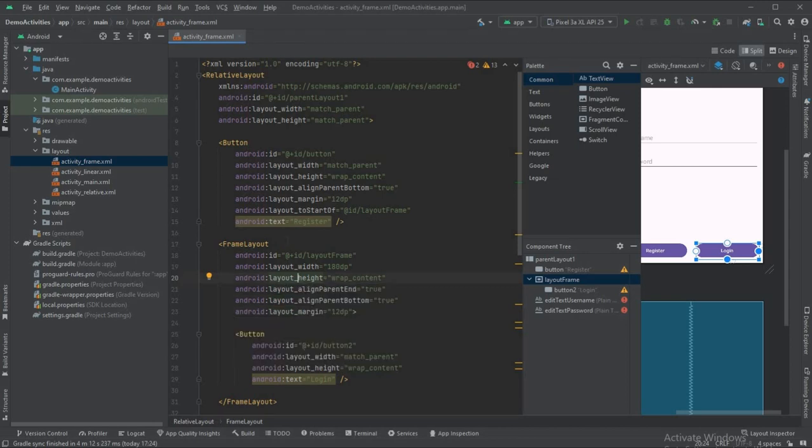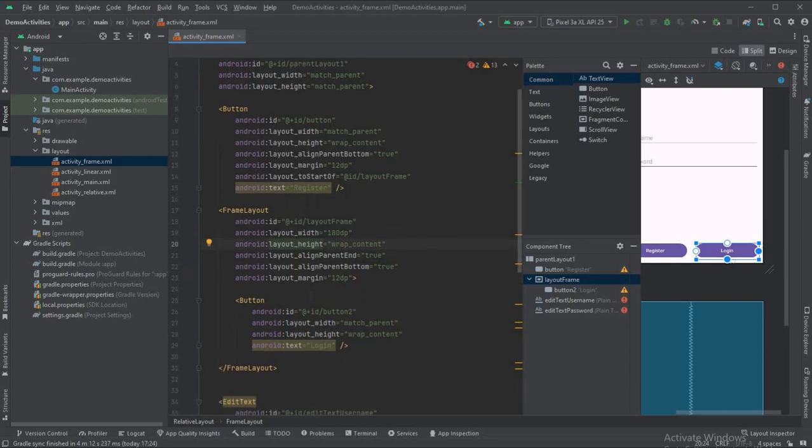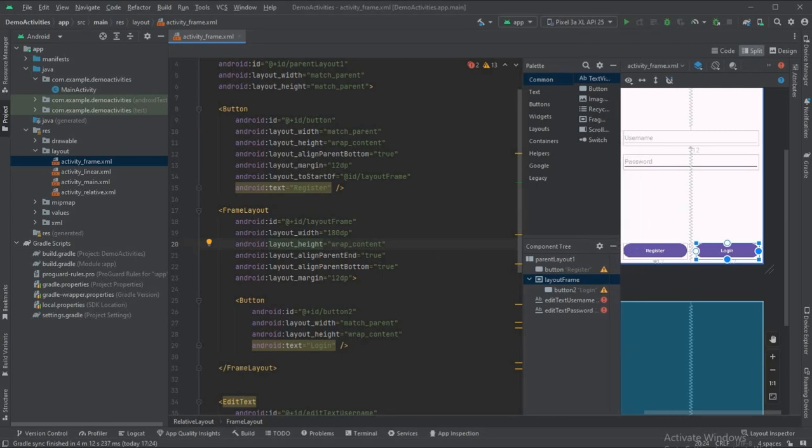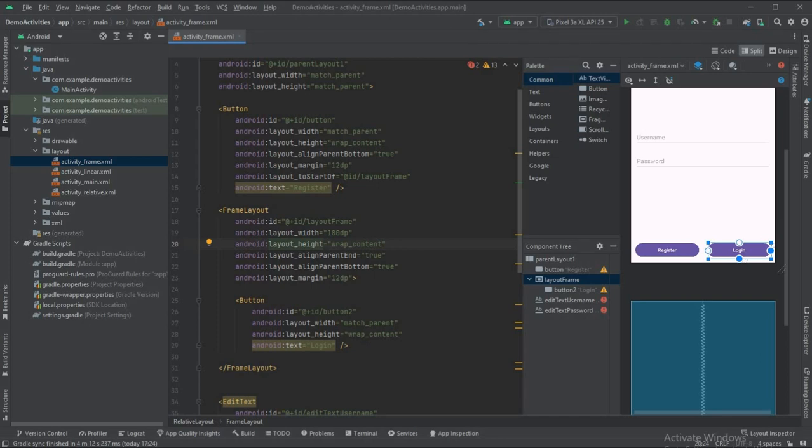So the relative connection is also used for the same siblings. In frame layout also you have to do these things. Okay, in any layout you will do that thing, not only this layout. In any layout, direct siblings have to be connected. Now